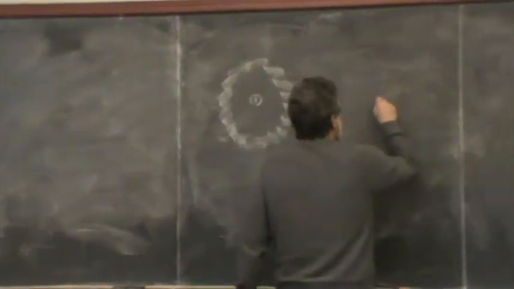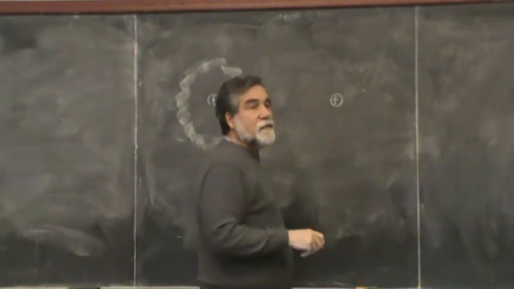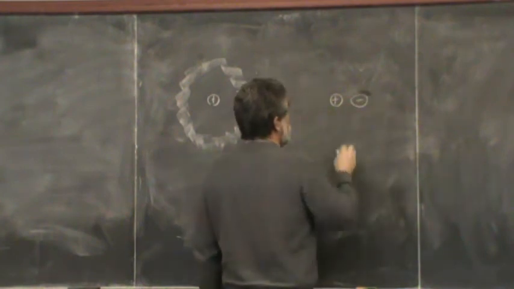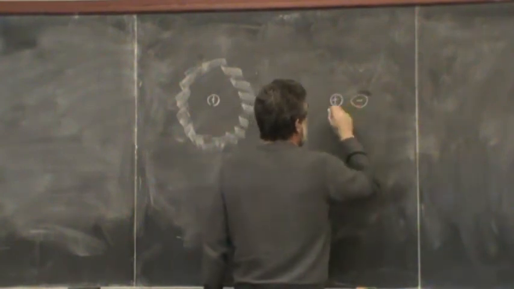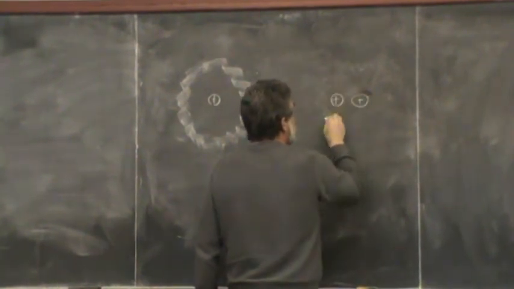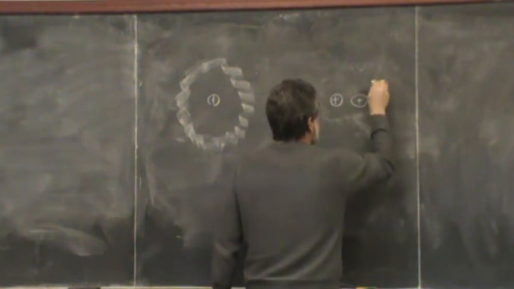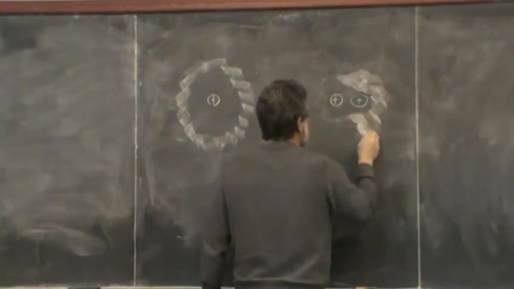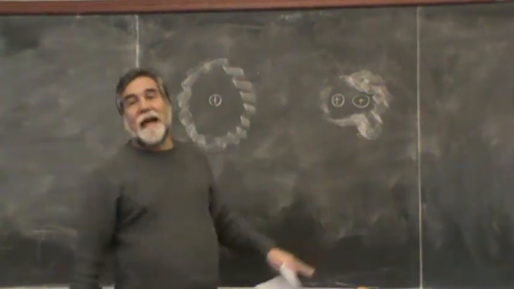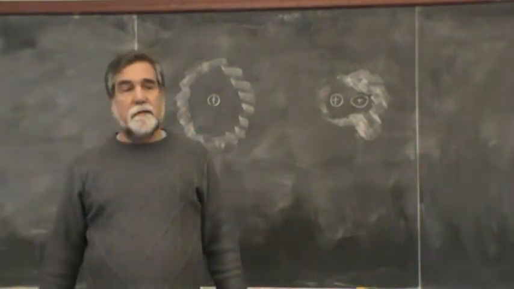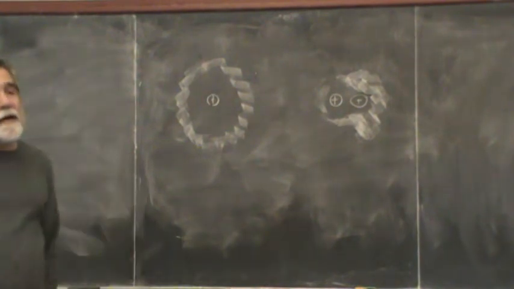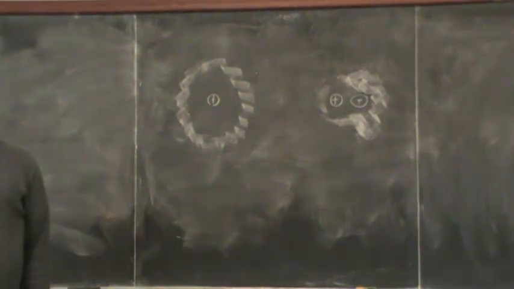I could have a net positive charge on one of the atoms of the molecule and a net negative charge on another. What I'm actually drawing is positive and positive, but the electron cloud might spend more time over here than over there. So this molecule has a dipole moment. This one doesn't. But no matter what, when I apply an electric field to this problem, let's say I apply a field this way,